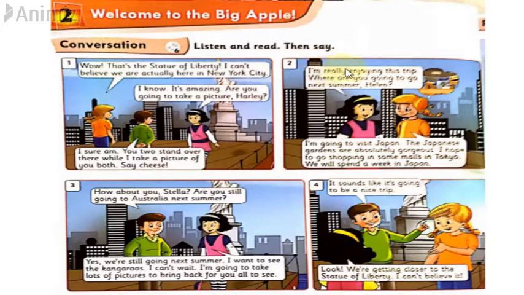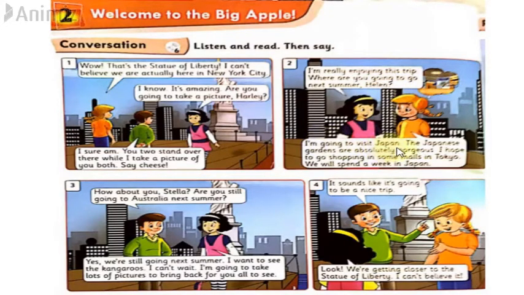Now, I'm really enjoying this trip. Where are you going to go next summer, Helen? Now she's asking her. I'm is short form for I am. I am really enjoying this trip. Now full stop. The sentence has ended, so we put a full stop. Where are you going to go next summer, Helen? We have to put a comma, because a comma means we pause the sentence, and then we write the remaining phrase. So, where are you going to go next summer, Helen? Now she's asking, and at the end of the day it's a question mark.